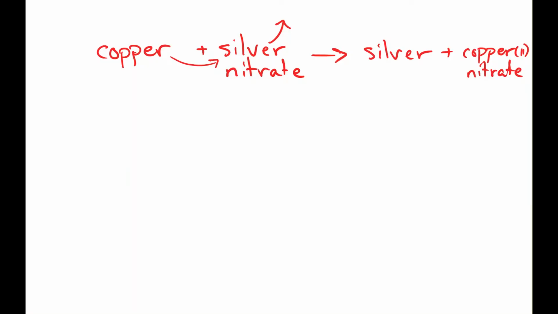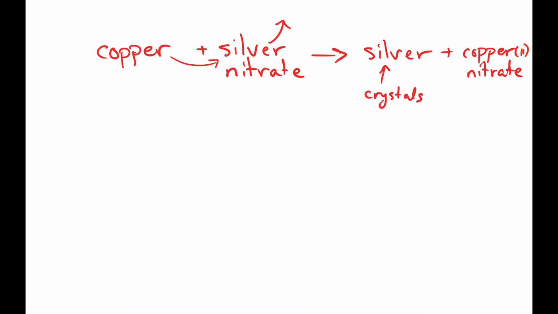Okay, hopefully that was an interesting video at least. You should have seen, we stuck the chunk of copper into the beaker, and then we poured the silver nitrate on top of it. And hopefully you were able to see slowly over time, I mean, that took about an hour to happen, but slowly over time, you could see those silver crystals growing